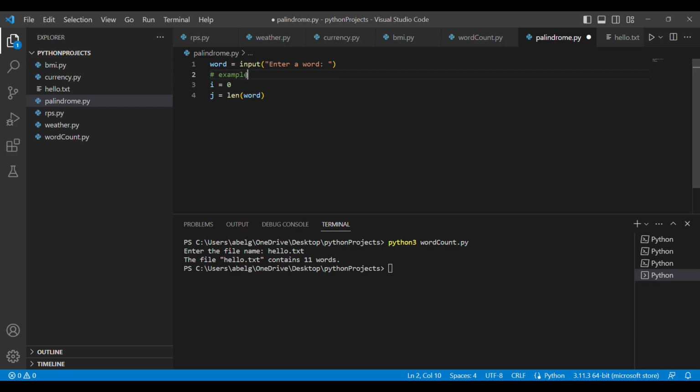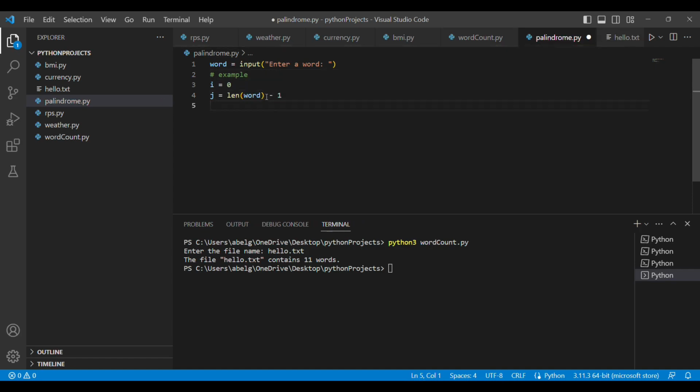We would get 7. But the problem is we want J to point to the last character of our word. But the last character of our word is not at index 7, but at index 6. That is because when we count, we start counting from 1, but indexing starts from 0. We need to subtract 1 from the length of the word in order to get the correct index.